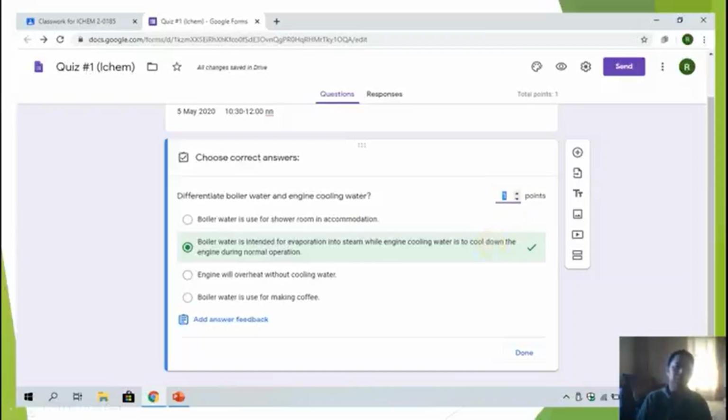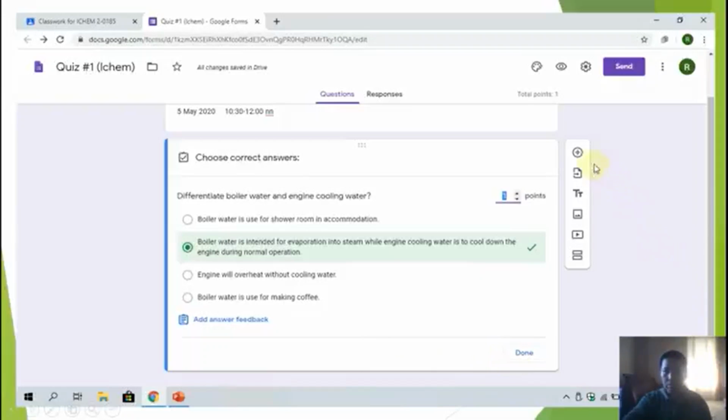It's up to you what you want. When you put 1 here, this will add here to the total points. So you just click done and you return to the previous window.